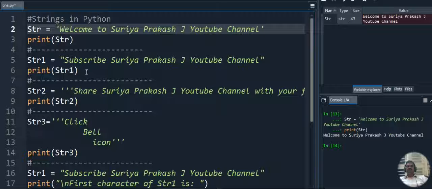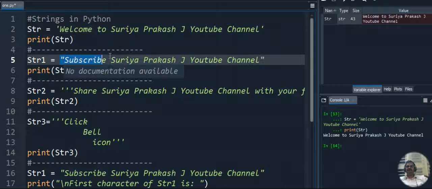Next we have a double quoted string value assignment. The first one we saw was a single quoted string value stored in the string variable, and next we have the double quoted one. This type of string value declaration is done in all programming languages such as C, C++ and Java.